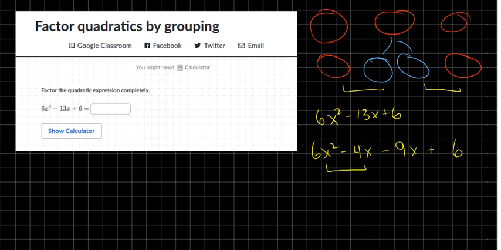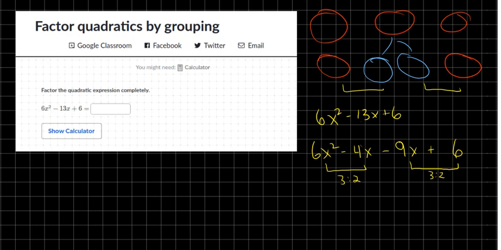And so what's my ratio here? My ratio here is 6 to 4, which is 3 to 2. And my ratio here is 9 to 6, which is also 3 to 2. 3 times 3 is 9, and 3 times 2 is 6. 3 times 2 is 6, and 2 times 2 is 4. Okay. So, and now I'm going to